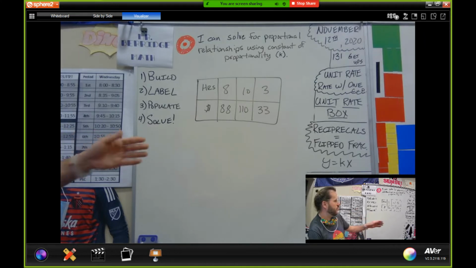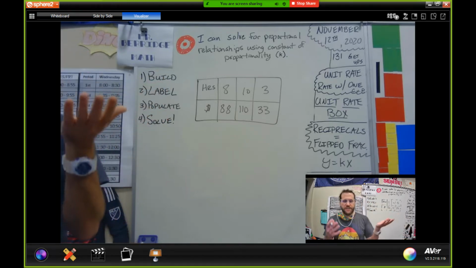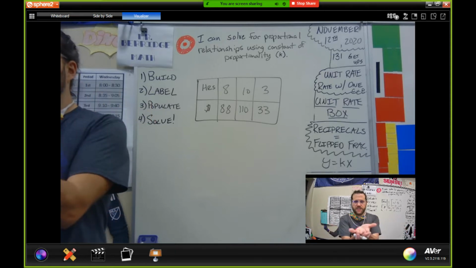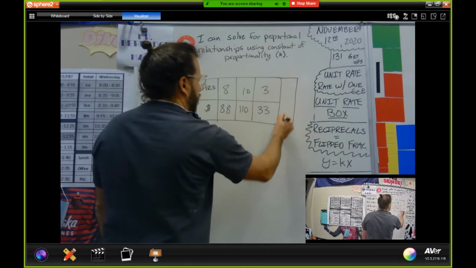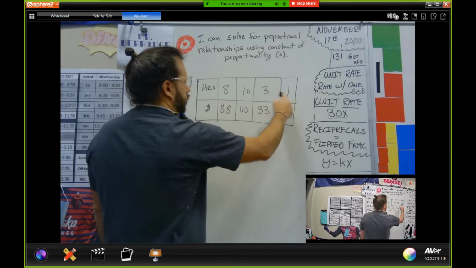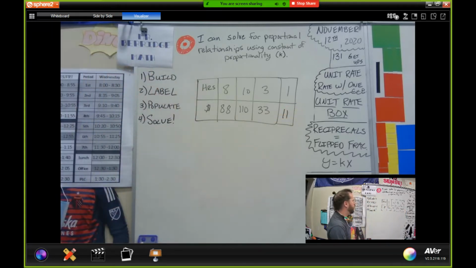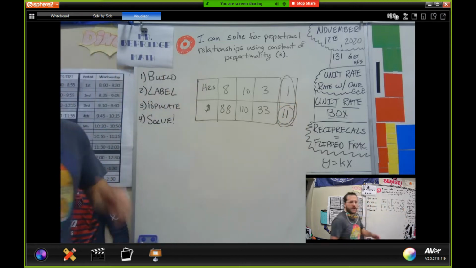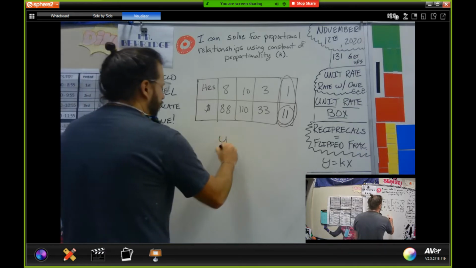So essentially our equation, y equals kx, is just another way of showing our unit rate. Okay, so that's the thing I want you to understand, is that unit rate and constant of proportionality are essentially the same thing, okay? So if I looked here and I said, well, what does he make per hour? I divide by 3 on both of these: 3 divided by 3 is 1, 33 divided by 3 is 11. So he's making $11 an hour. So now that I have my unit rate, this is my constant of proportionality. It's whatever number matches up with the 1 in the other piece, okay? So my equation is just y equals